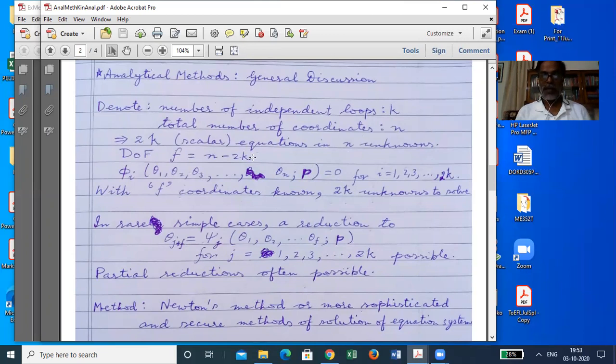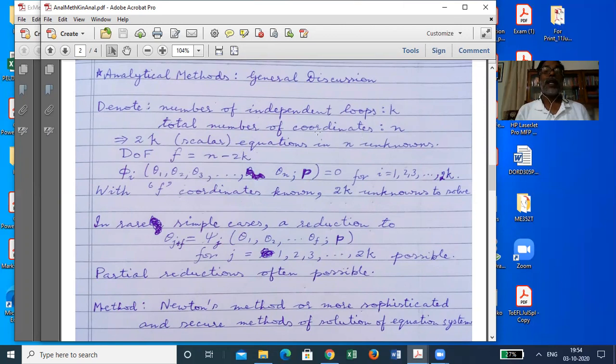That is the degree of freedom of the mechanism. So if n is the same as 2k, that will mean that you have got 2k equations and n, which is the same as 2k, unknowns. Then you can completely determine that even without my having to tell you any of the variables. So that means it is not a mechanism, it's a structure, 0 degree of freedom.